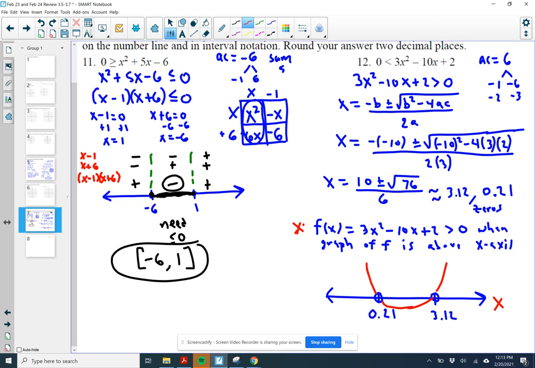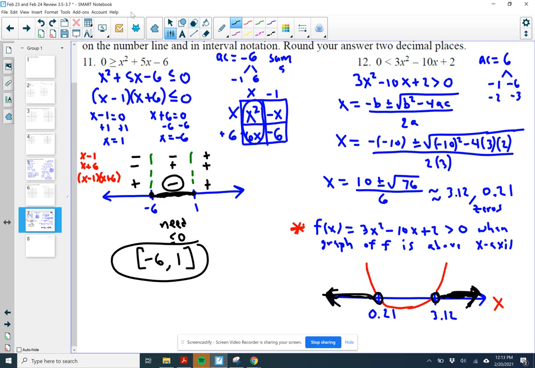Y-axis is over here somewhere. It's going to be greater than 0. The y values are going to be greater than 0 when we are to the left of 0.21, okay, and when we are to the right of 3.12, okay. So our solutions,